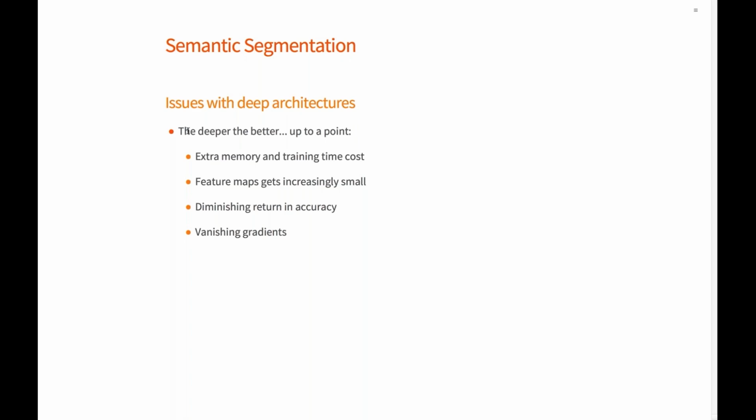Like at first, people started adding layers and then greater and greater accuracy. But after a while, people realized that there was a diminishing return, and this was for a variety of reasons. First, adding more layers add extra memory and training costs, which is not a limit to the model per se, but it's a limit to how fast you can test and train new models.